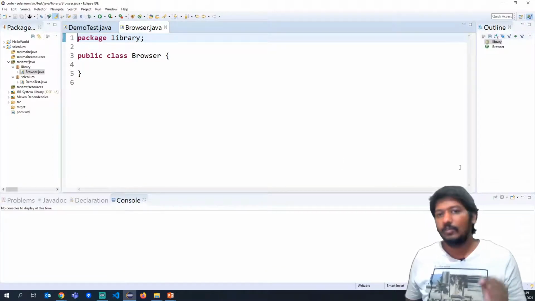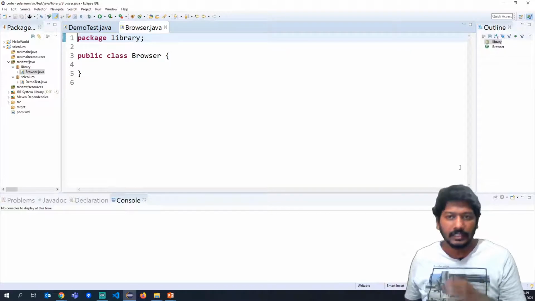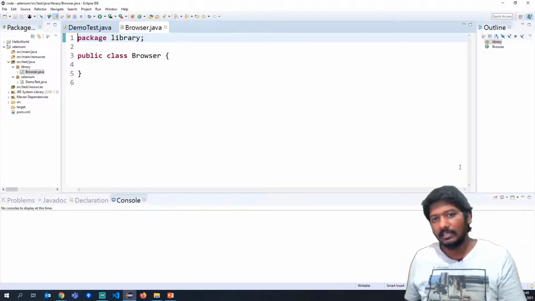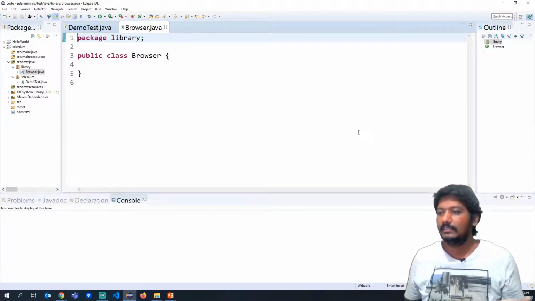Now in this browser class, we will write a method which will help us create an object for the driver and then launch any browser based on the URL given to it. As we know, we can directly copy paste that code.